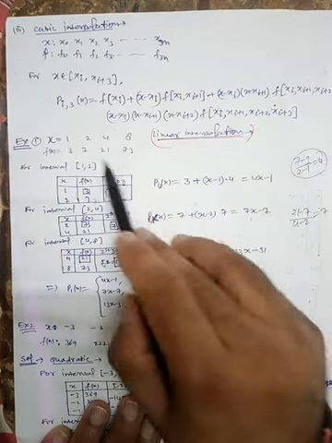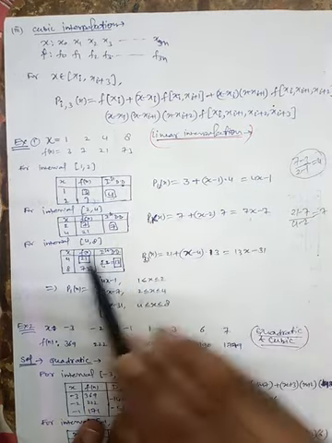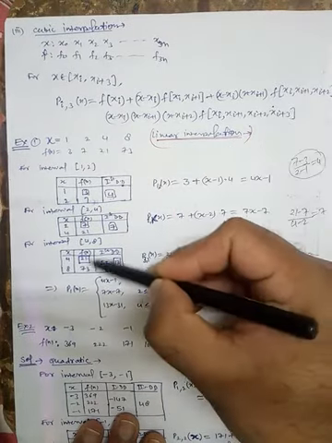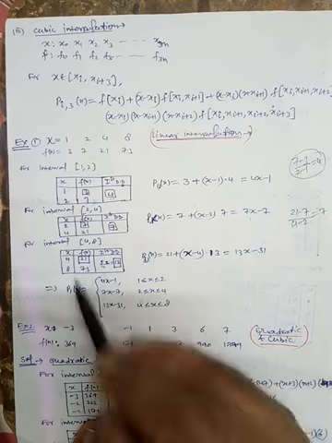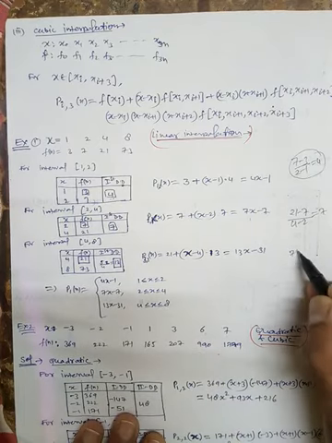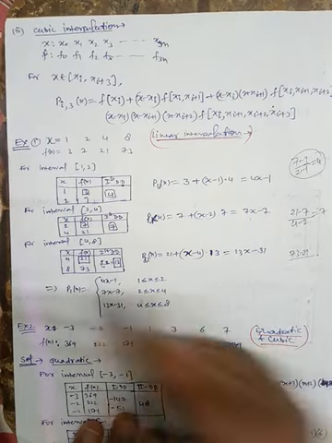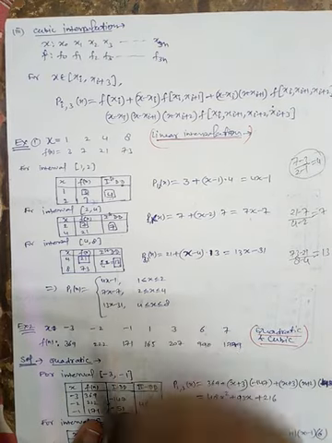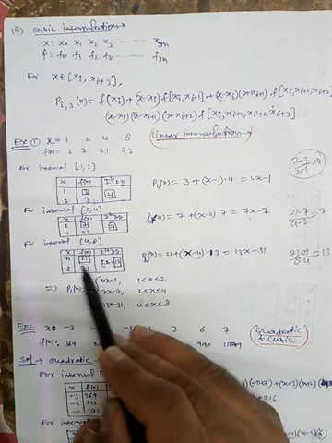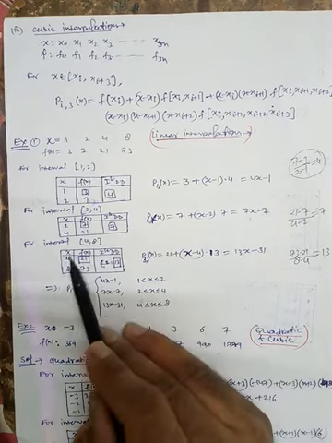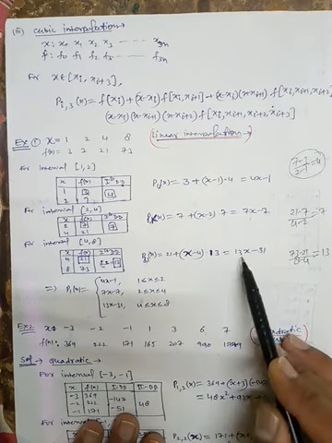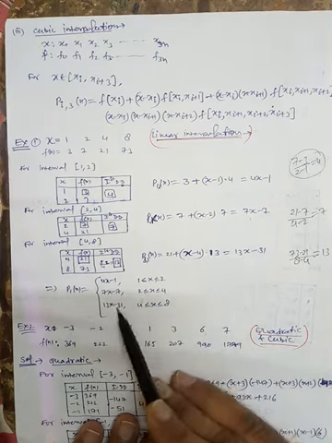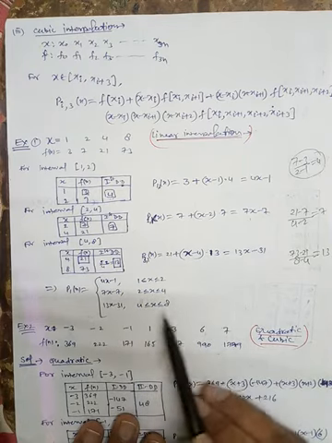Similarly, write the third polynomial for this interval. We have 4 and 8, and the corresponding values are 21 and 73. The first divided difference is 73 minus 21 divided by 8 minus 4, which will be 13. So the third polynomial will be 21 plus (x minus 4) multiplied by 13. After solving this, we get 13x minus 31. So these are the first, second and third polynomials for the intervals 1 to 2, 2 to 4, and 4 to 8.